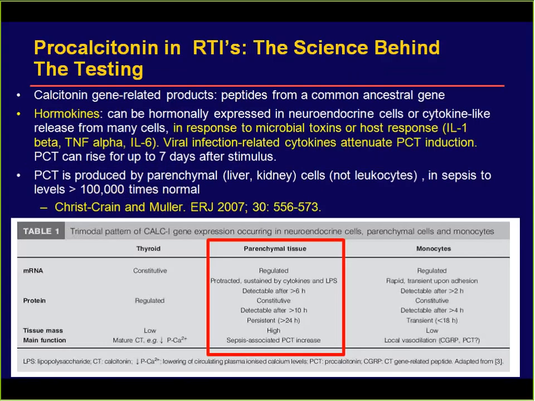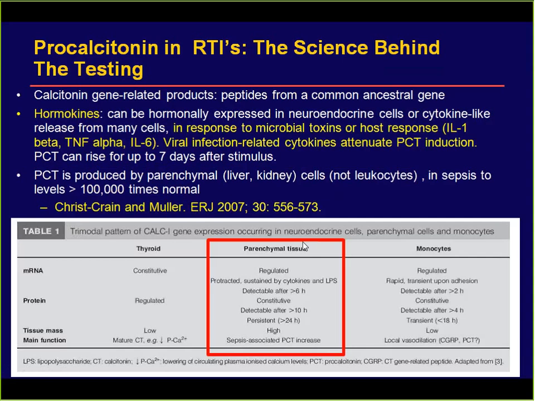Procalcitonin is probably evolving to become a more important biomarker, certainly in some of the newer studies, and it requires a little bit of understanding. Certainly when I first heard about this, all I could remember from medical school is that procalcitonin had something to do with the thyroid, and I had no idea what that had to do with infection. But it turns out that procalcitonin is a hormokine, and it can be produced by a number of different cell lines. It can be produced by the thyroid and by monocytes, but the majority of the procalcitonin is